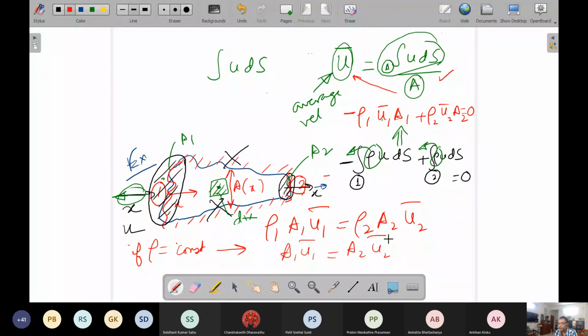Let me stop the discussion here for the time being, and let me put up some questions as sort of brain teasers. The first question that I intend to put up, let me write it somewhere here. Number 1, is it necessary for the final equation to hold true that rho is constant? For this equation to hold true.